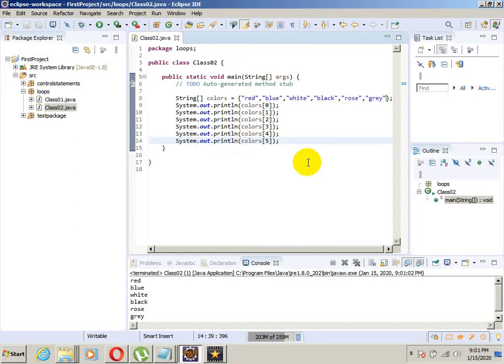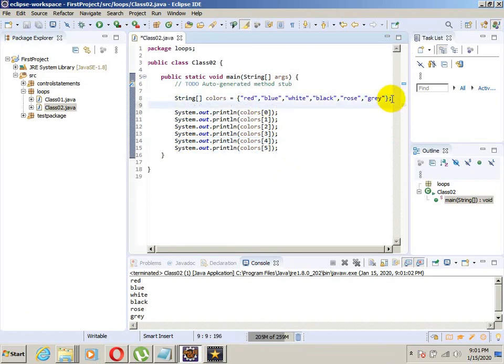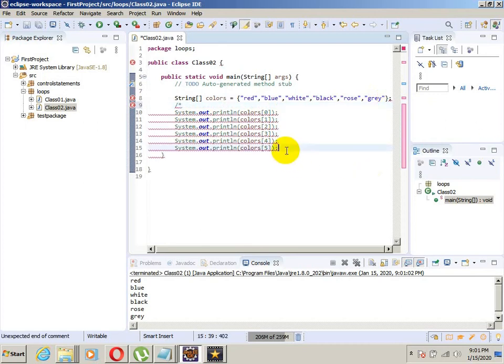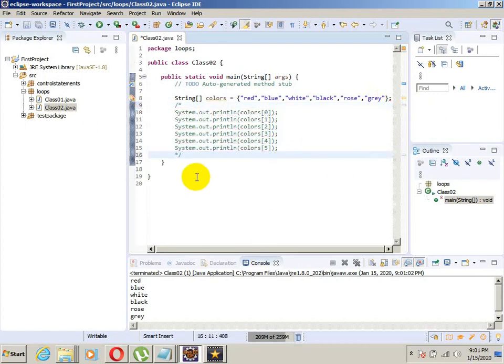How are we going to do that? For example, let's comment this. Okay, we have colors. In the last tutorial we learned about loops, and